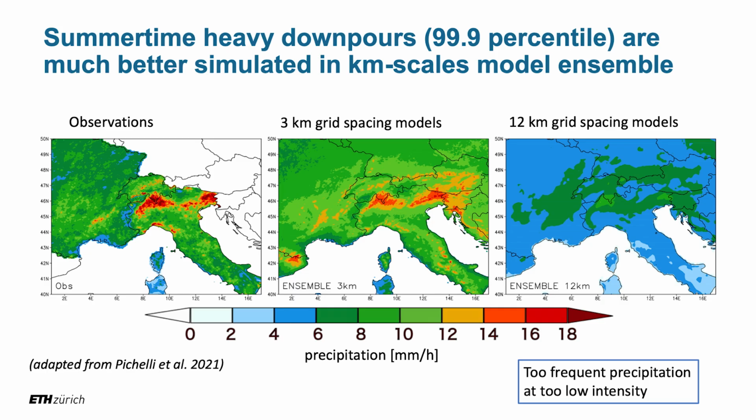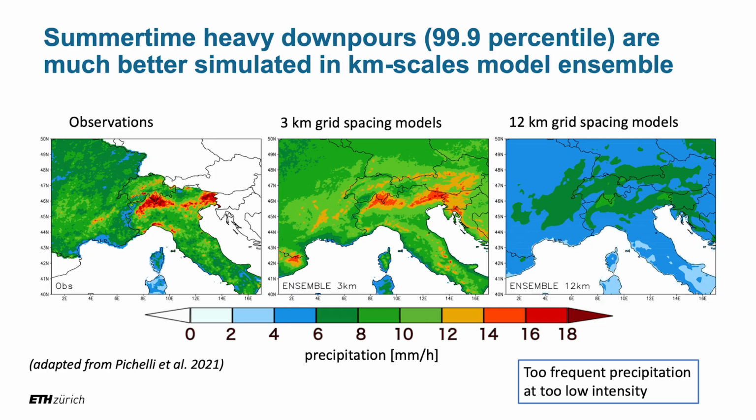you're almost an order of magnitude too low with the intensity of rainfall. So it's this typical bias: too little intensity and too high frequency. But if you go to the 3-kilometer simulations, you get a much better representation of what we observe. And this is now really robust because these are multiple ensembles run over 10 years, so we can be very confident in this benefit. And of course, this can be translated into impact modeling. If you think about flooding in alpine catchments, you really want to better represent heavy hourly rainfall in your models.